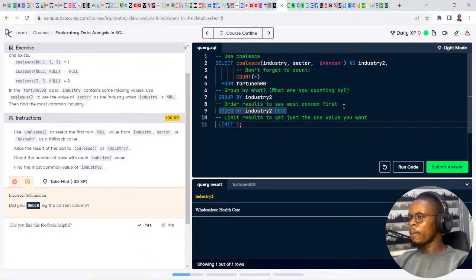I'm trying to figure this out. Oh, I don't want to take the ints.